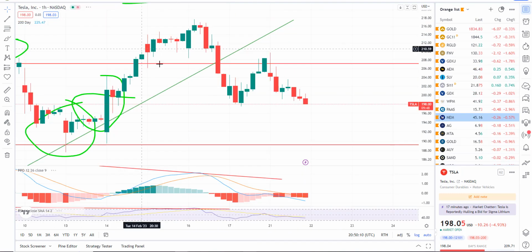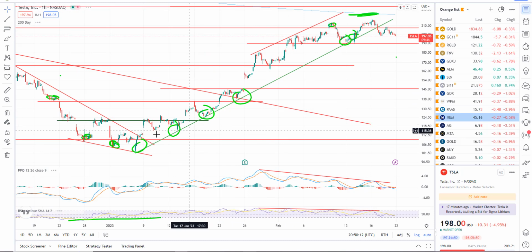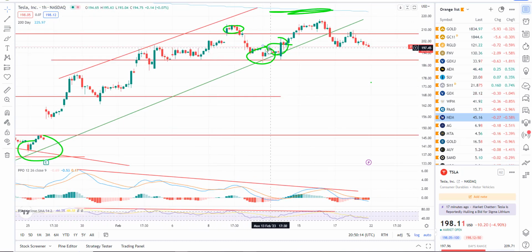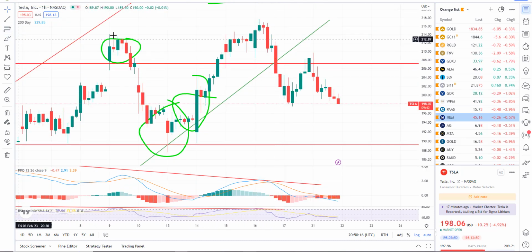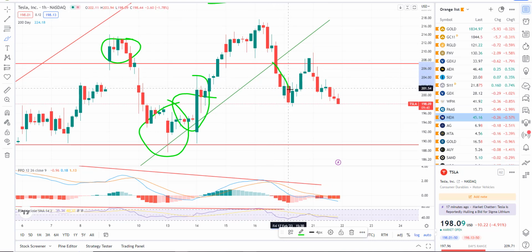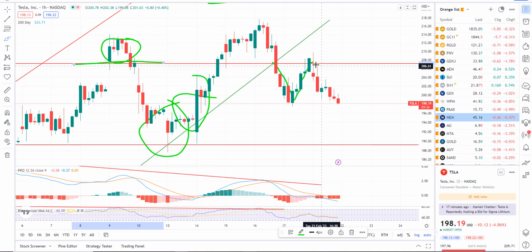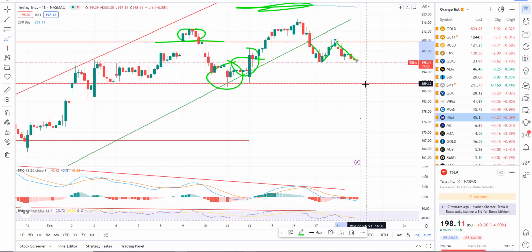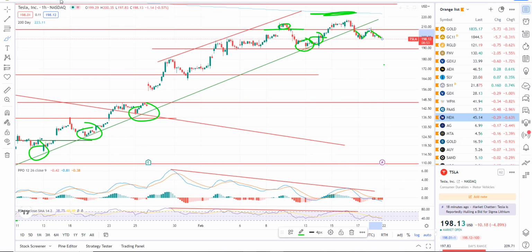If I roll down to the hourly, you can see the uptrend line. There it is. I've got it marked out, all the tags of support. That's clearly been taken out. So there you go, took out support here, rallied into resistance, that was former support, at about 207, and was rejected, and down she goes. So minimum, we should head down to the next level of support, about 189. Probably get a reaction there.